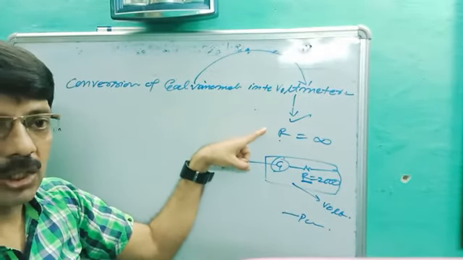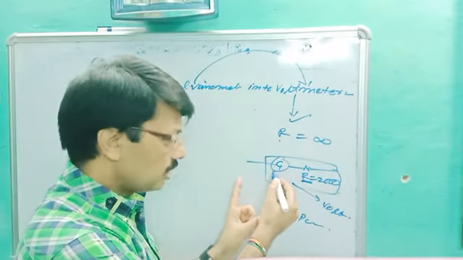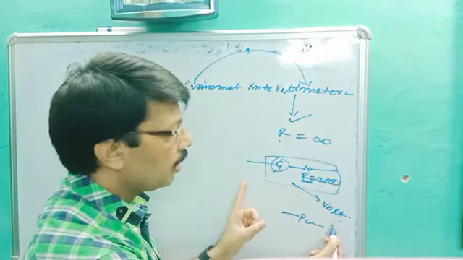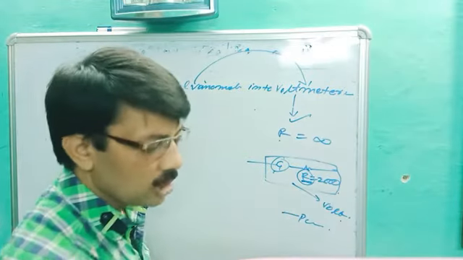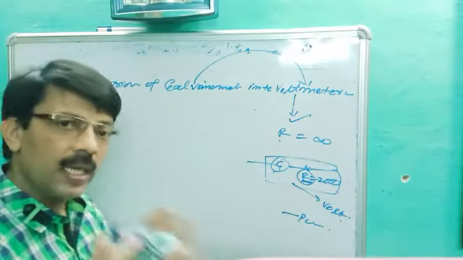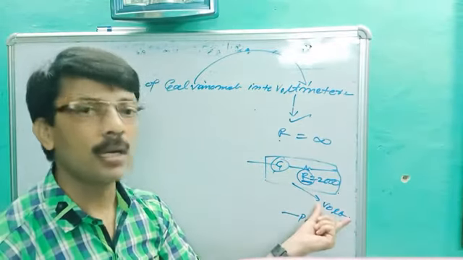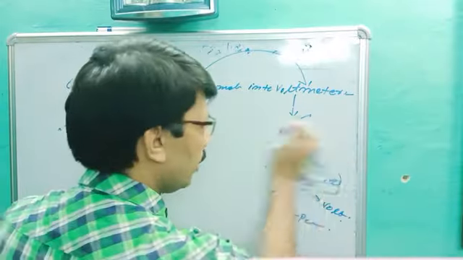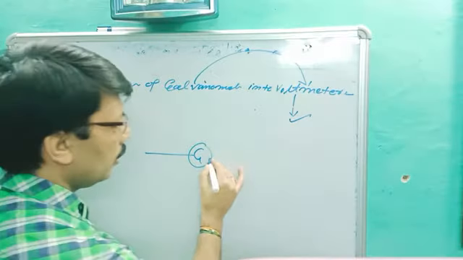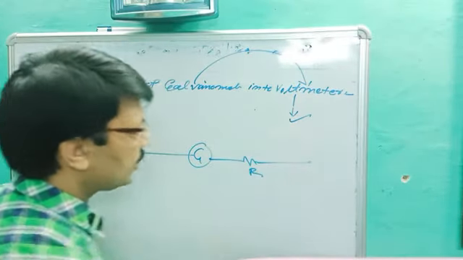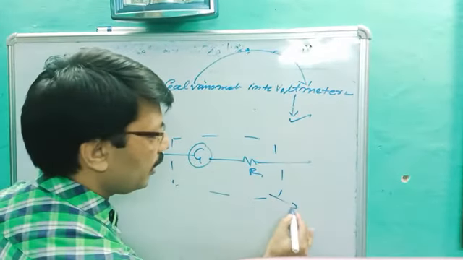Once again, a voltmeter is a device which measures the voltage. For an ideal voltmeter, resistance should be infinite. If we connect a larger ohm resistance in series with the galvanometer, then it becomes a voltmeter, and that voltmeter should be connected in parallel. Our aim is how much resistance wire should be connected in series. No doubt it should be connected in series, but the value of resistance depends on the range of the voltmeter on which you are going to work. Okay, so see the point. This is the galvanometer according to the heading. If we connect the resistance R in series, then the whole device becomes a voltmeter.